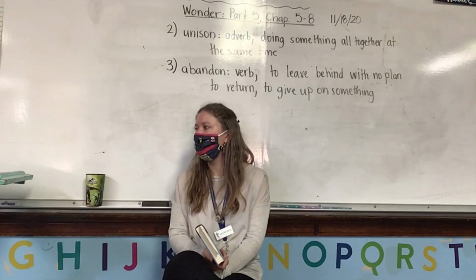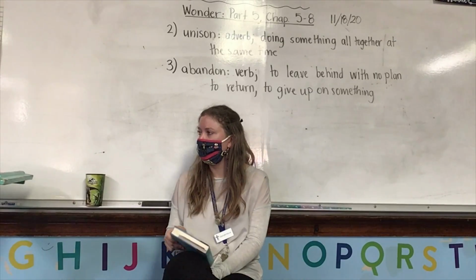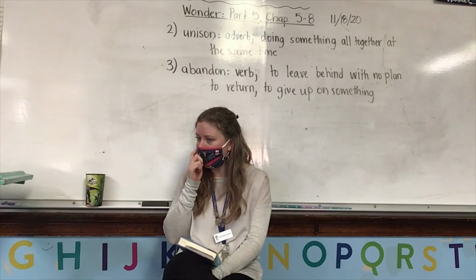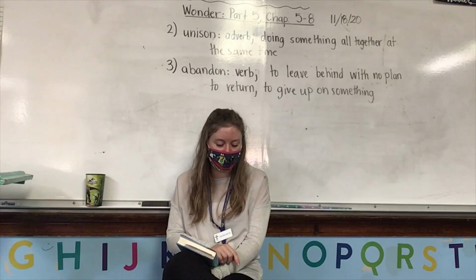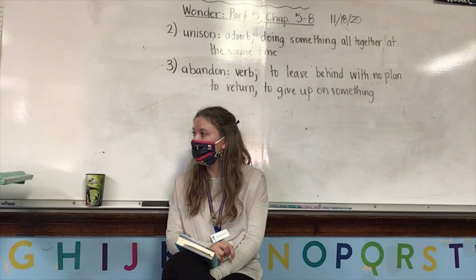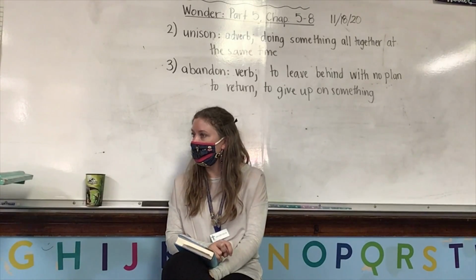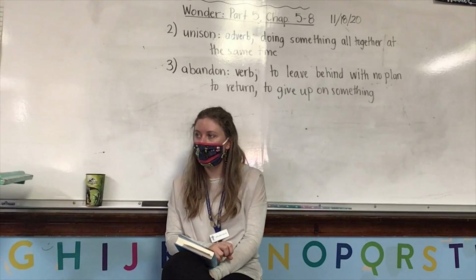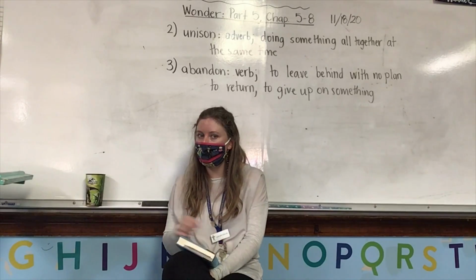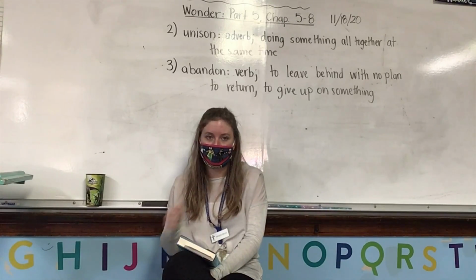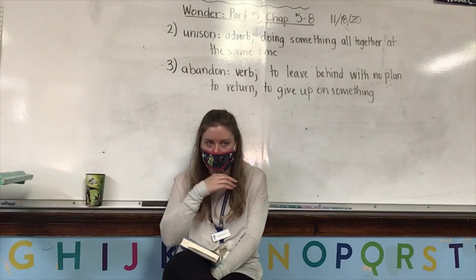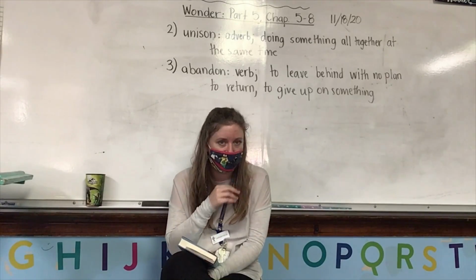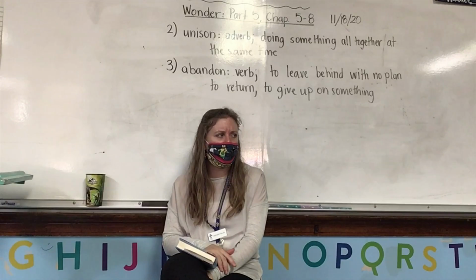Because they were being mean to Jeff. Okay. And why was he walking over there? Okay, and why did he use the word unison? Victoria? Because they did it all at the same time. What did they do all at the same time? They nodded. They nodded in unison. It was like all of them were going at the same speed at the same time. What were they nodding about?